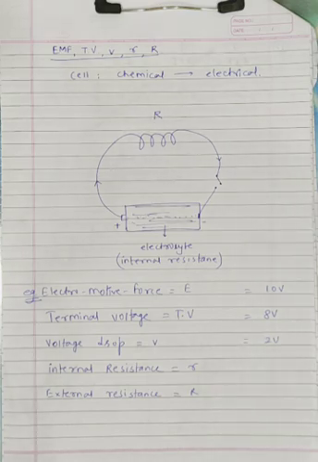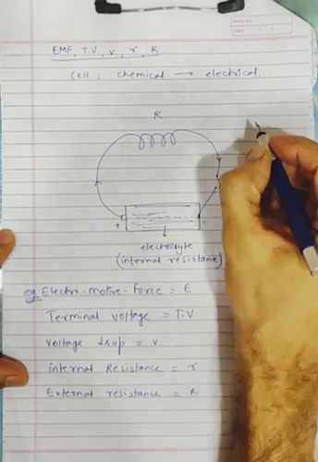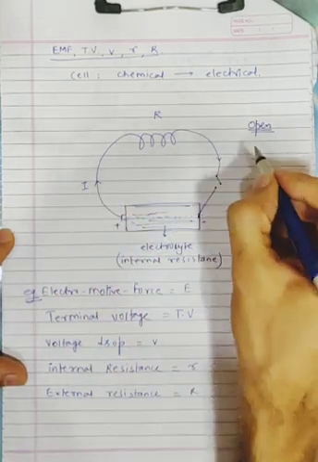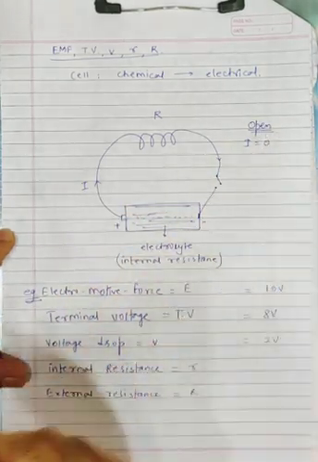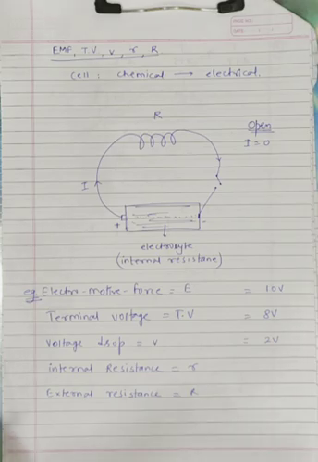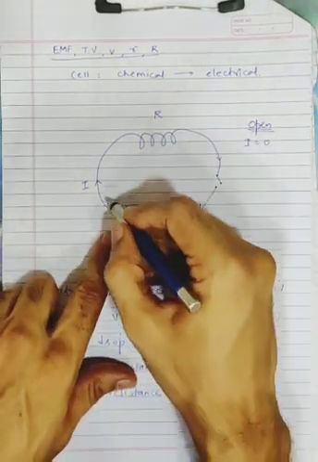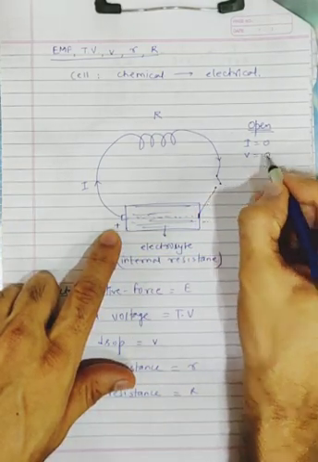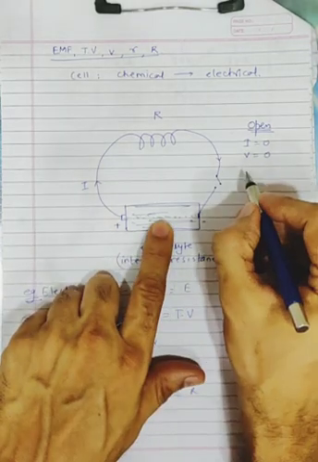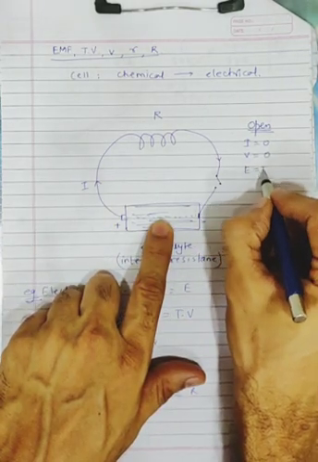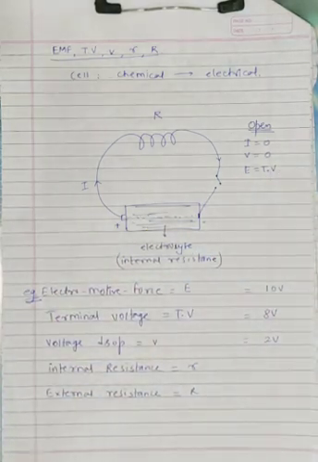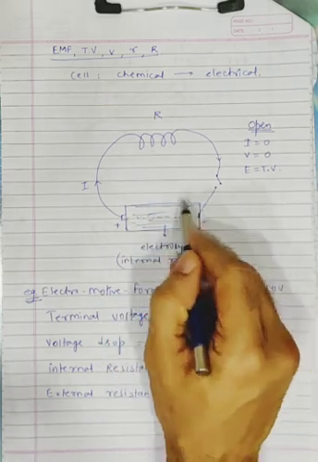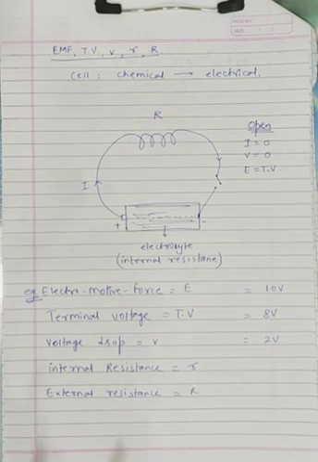Now one more thing, let's say the circuit is open. I hope you all know what an open circuit means. Open circuit means what amount of current is flowing through the circuit? Zero. There is no current flowing through it. When no current is flowing, will there be any voltage drop? No, it will be zero. If your voltage drop is zero, then at that time your EMF and your terminal voltage are the same. So basically, if the current is not flowing through the cell, then the potential difference across it is also equal to its EMF.